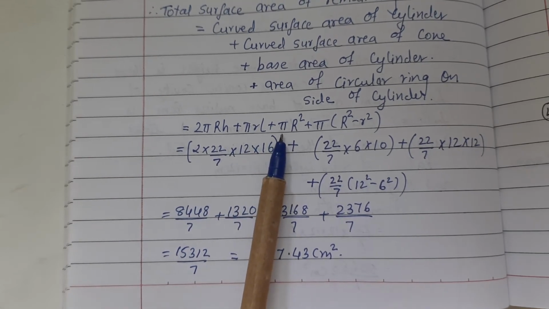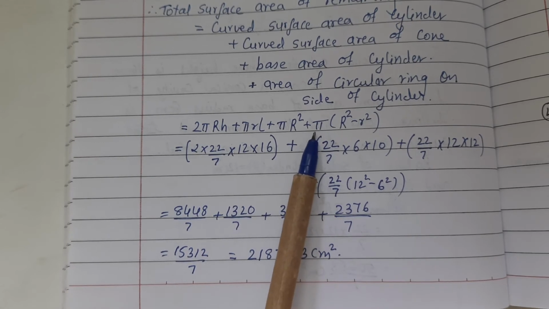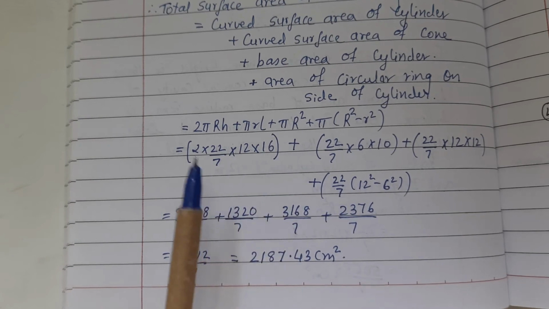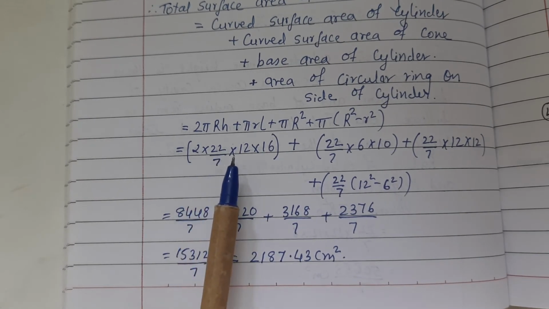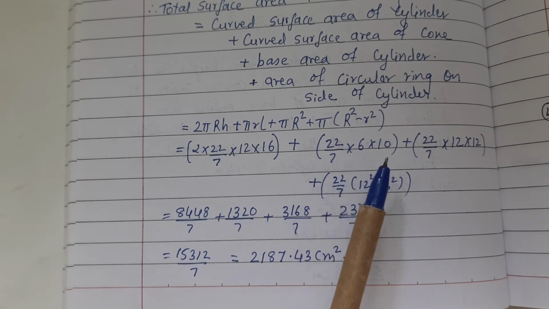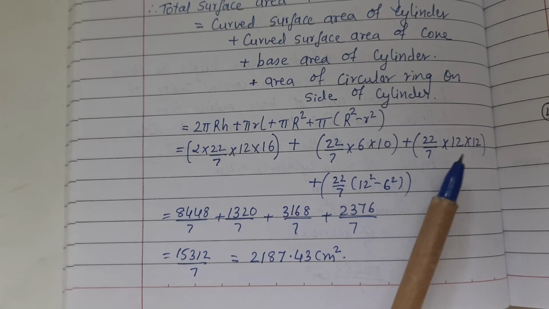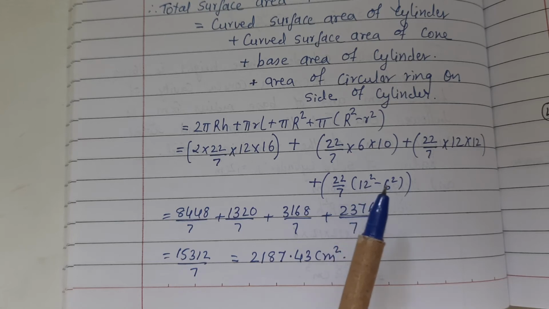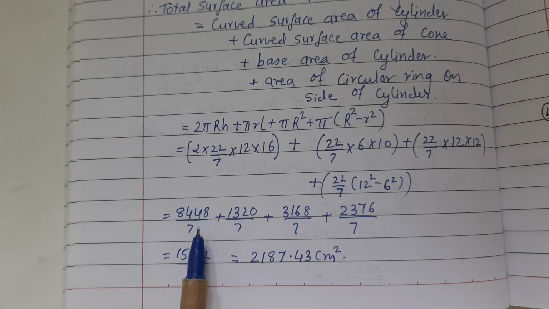base area of cylinder pi r square, plus area of ring pi into capital R square minus small r square. Substitute all the values: 2 into 22 by 7 into 12 into 16 plus 22 by 7 into 6 into 10 plus 22 by 7 into 12 into 12 plus 22 by 7 into 12 square minus 6 square, which equals 8448 upon 7 plus 1320 upon 7 plus 3168 upon 7 plus 2376 upon 7